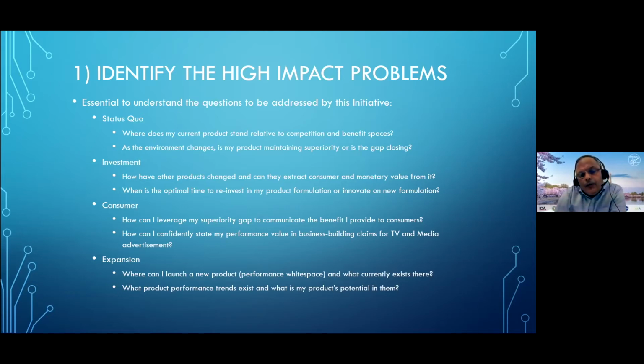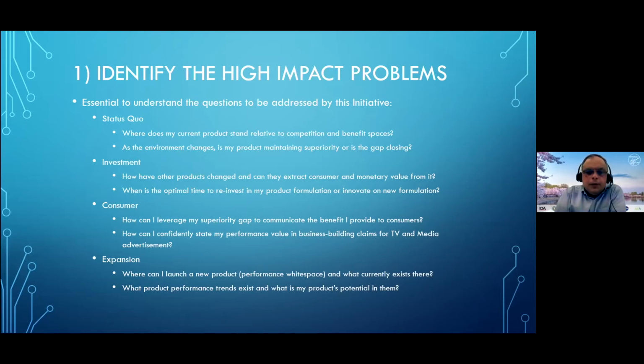As you are involved in product development, you know that there is a cycle of sometimes you focus on superiority and you invest in new products and better products. Other times the cycle goes into cost saving. So you try to reduce the cost of making a product and trying to preserve as much as possible the performance. So depending on where this cycle is, you might have to think about the investment, especially if competitors have improved their products recently. The third set of questions is about the consumer.